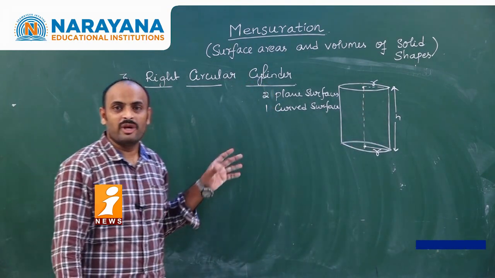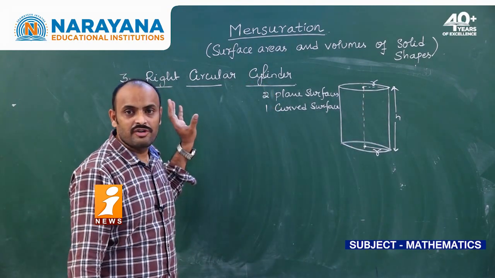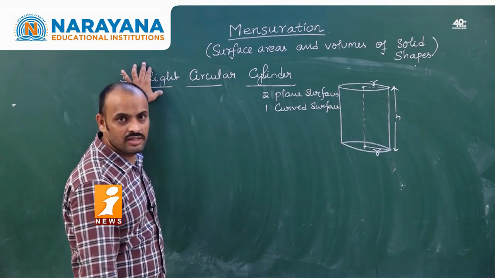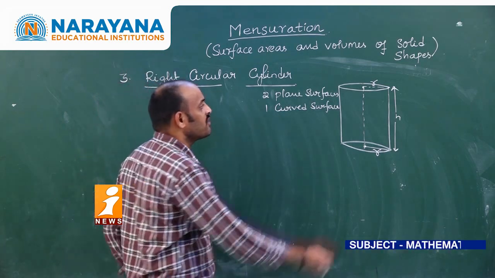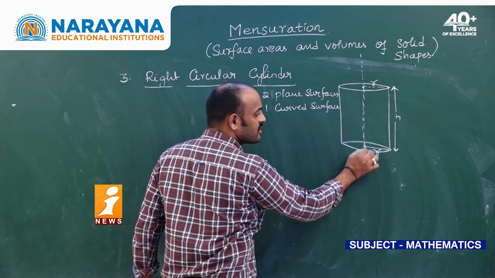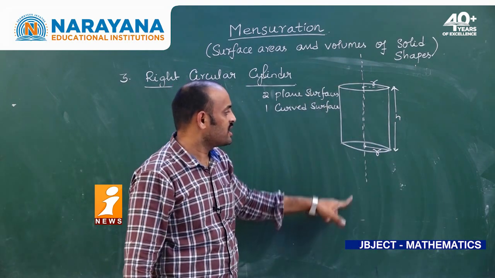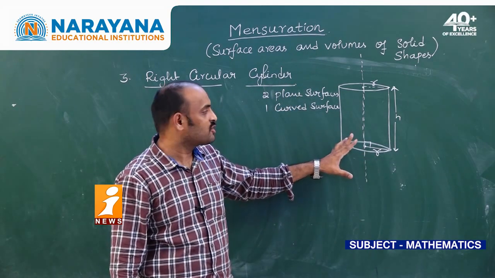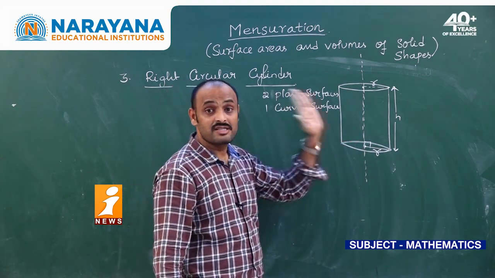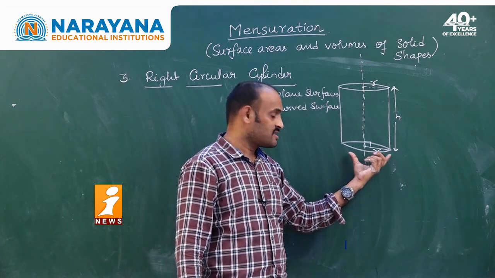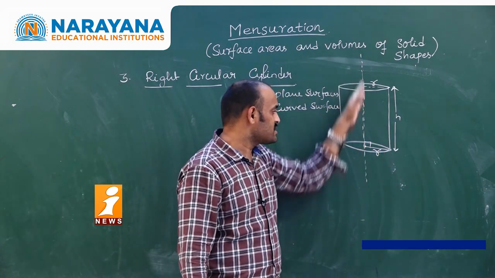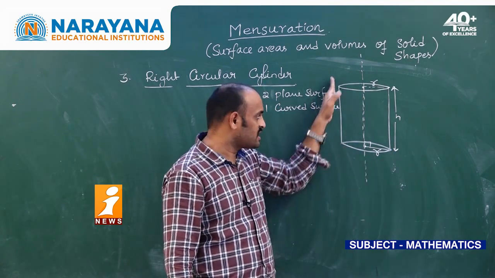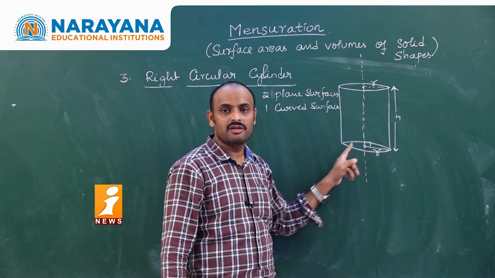Even though there are many kinds of cylinders, in this we are going to use only right circular cylinders. So what do we mean by right circular cylinder? Right means making 90 degrees. Here we have an axis of symmetry. This axis of symmetry is perpendicular to the base. That's why we use right and circular, where we use a circle. So right circular means the axis of symmetry, or the vertical lines, will make 90 degrees with the base.